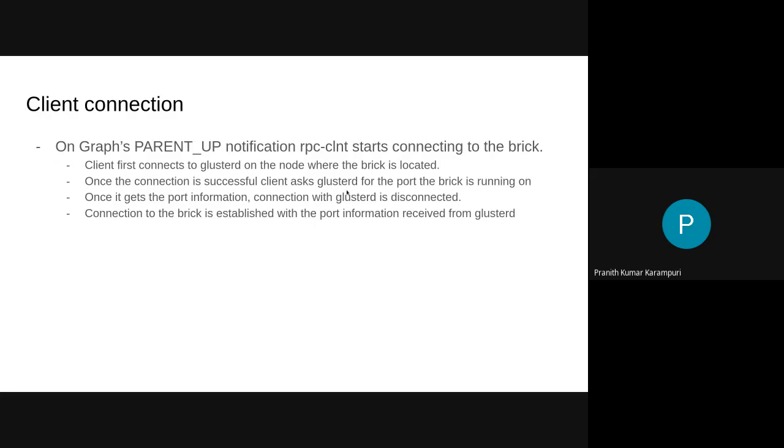Now we will look at what the client translator will do to establish a connection with the server translator. I think this is something that we covered in the earlier sessions, where the client starts connecting to the server on a parent up notification in the graph. So as part of the connection, several things happen. The first thing that it will do is